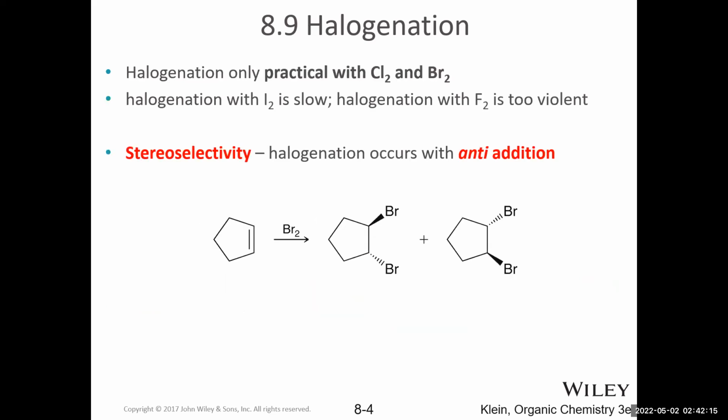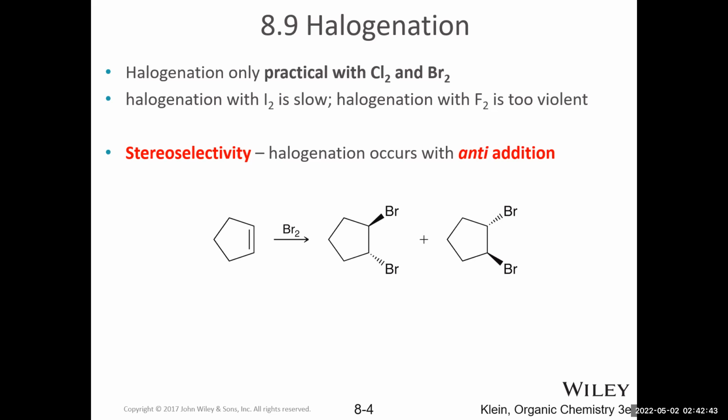Okay, so halogenation is actually only really practical with either chlorine gas or liquid bromine. And that's because with iodine, it's just too slow, and with fluorine, the reaction is too exothermic and difficult to work with. The stereoselectivity, because even though there isn't an issue of regioselectivity, we still need to think about stereoselectivity,